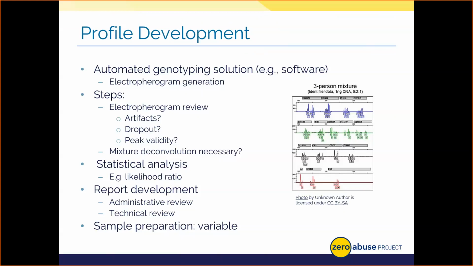Now, once your profile is cleaned up, we can use a database of allele frequencies and calculate the rarity of a profile to then use statistically in a court of law. We'll then write up your report, which goes through 2 reviews. A technical review is executed to ensure the methods and measures used were logical, while an administrative review ensures the report itself is sound. All of these elements can take hours to days or even weeks to accomplish. Arguably, most of the analyst's work will be devoted to this phase of evidence processing. Don't forget that it also takes time to scan everything in and out of our laboratory inventory management or LIMS systems to maintain chain of custody and allow you to retrieve your processed items.